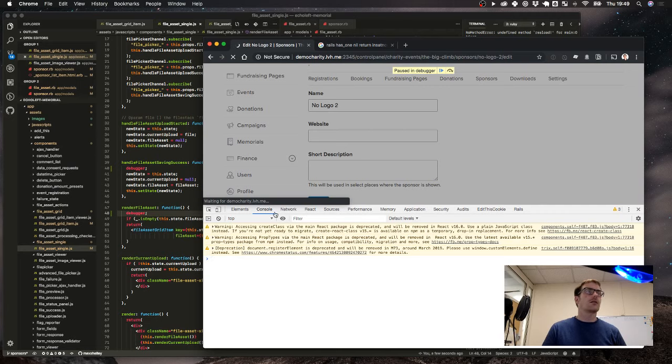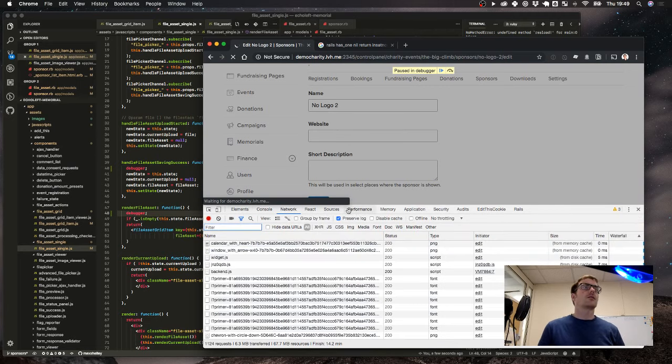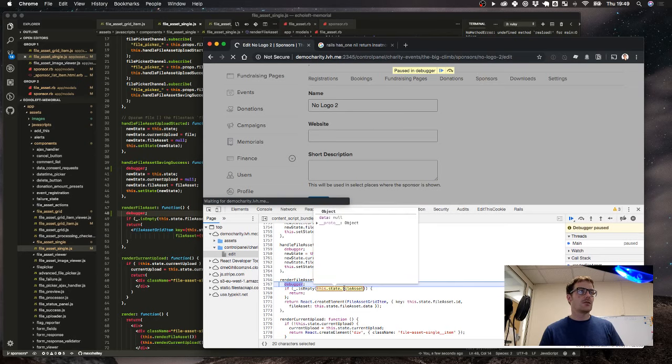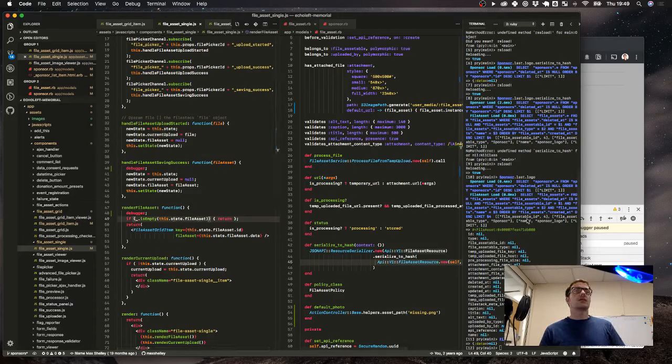Okay. So this.state.file asset is nil. So is this... so you're saying it's not... so what is this? Right, okay, it's not that that's empty. Can we just say